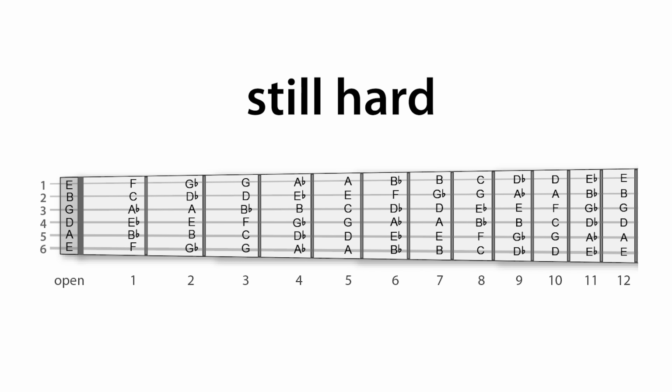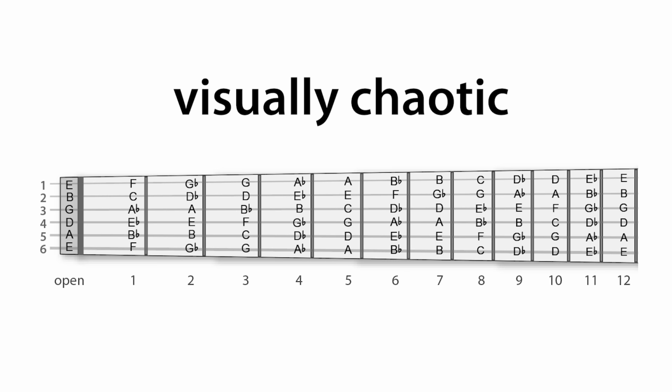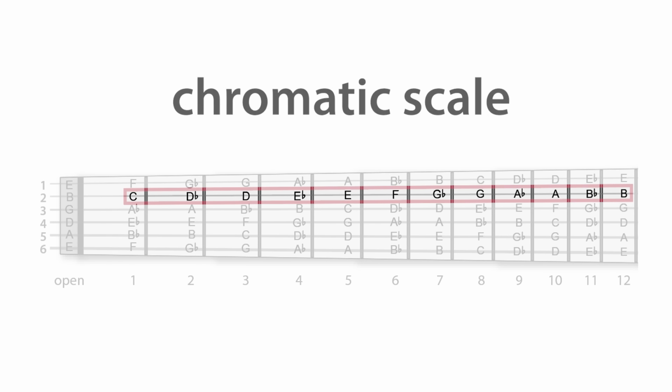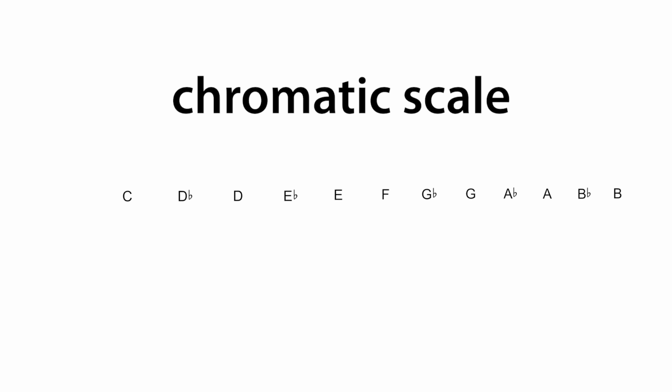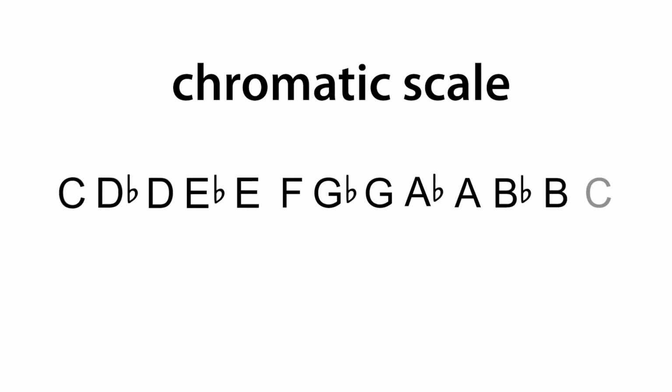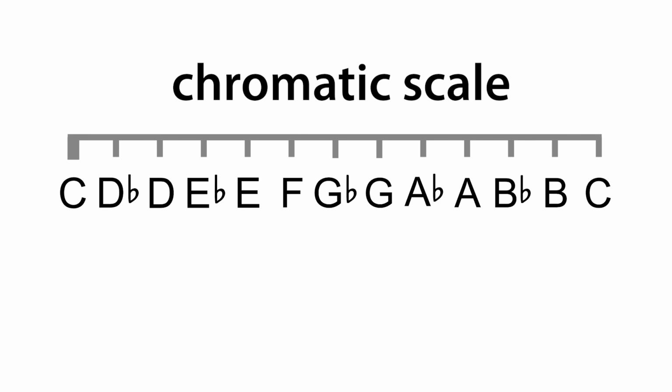Only it's still hard to really see what we're looking at to really understand the significance of these patterns, since these letter symbols are a little overwhelming. This image is still sort of visually chaotic. So let's take a quick, closer look at these notes of the chromatic scale to see the special relationships between them that will help to clarify what's actually happening on the fretboard. So these 12 notes of the chromatic scale,